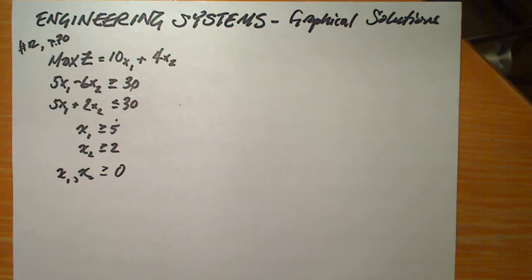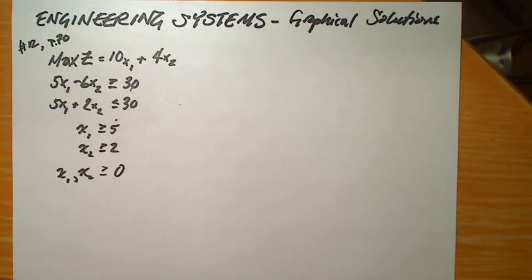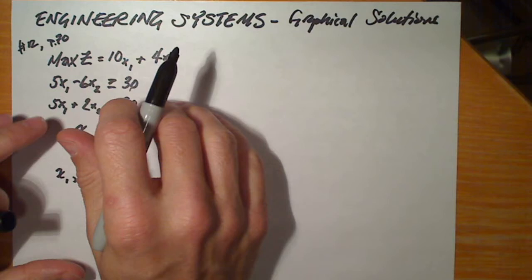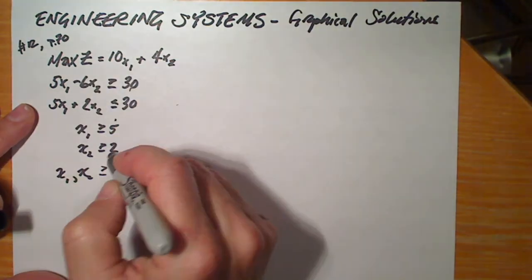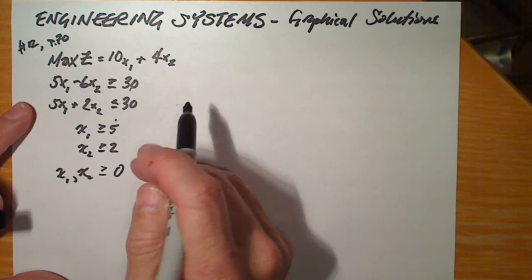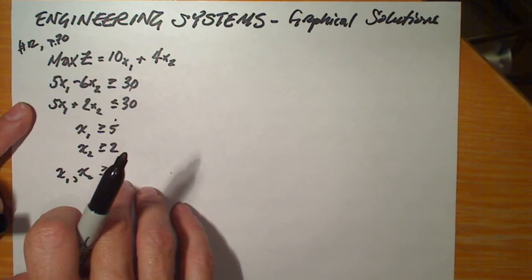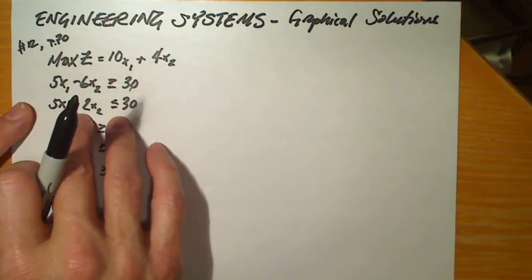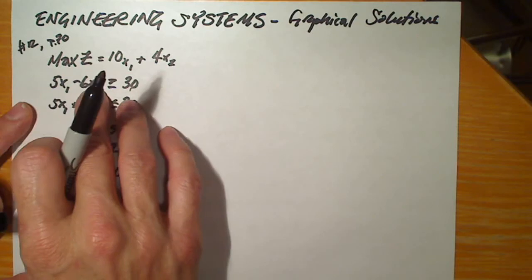I've copied the aspects of the problem over onto our sheet of paper so that we can take a look at the objective function and the constraints. Keep in mind that the objective function is represented as z, and we want to maximize it. And we have 1, 2, 3, 4, 5, 6 constraint equations. They're all expressed as inequalities. They include the positivity constraints and 2 balance constraints that combine in this linear way functions of both x1 and